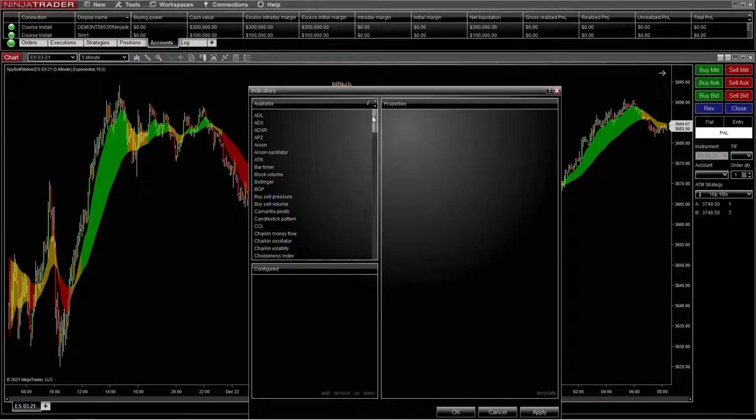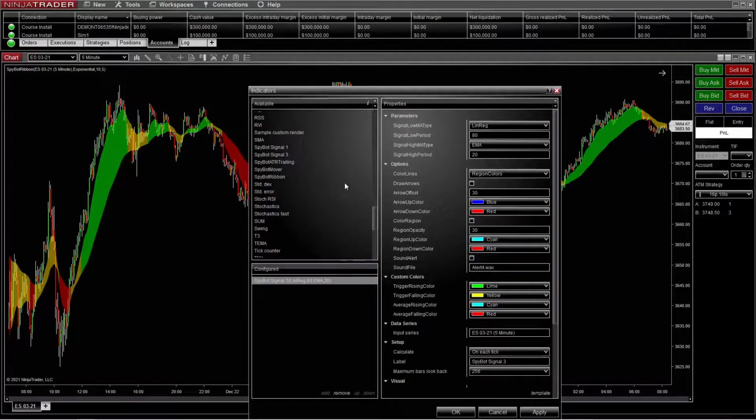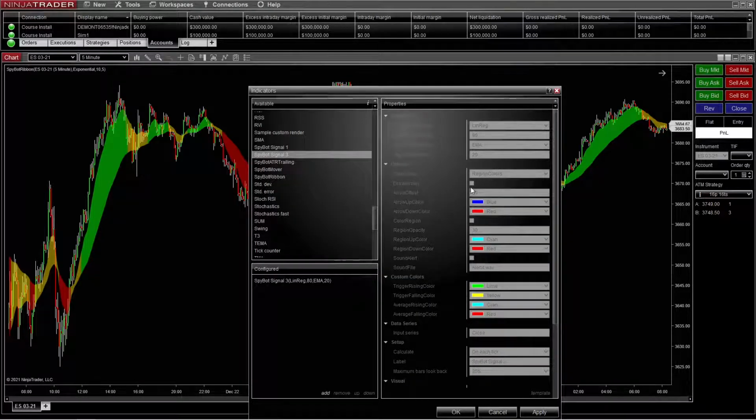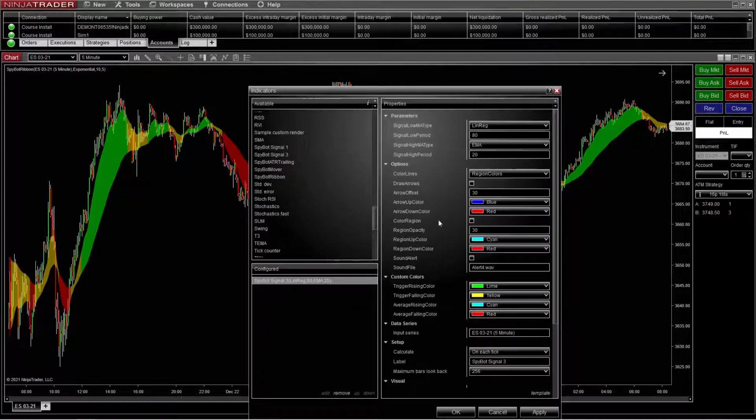And then we have one called a trigger. It's not named correctly in here, but it's called the trigger. And the trigger, I like this one. I like it a lot. I like to use a 70